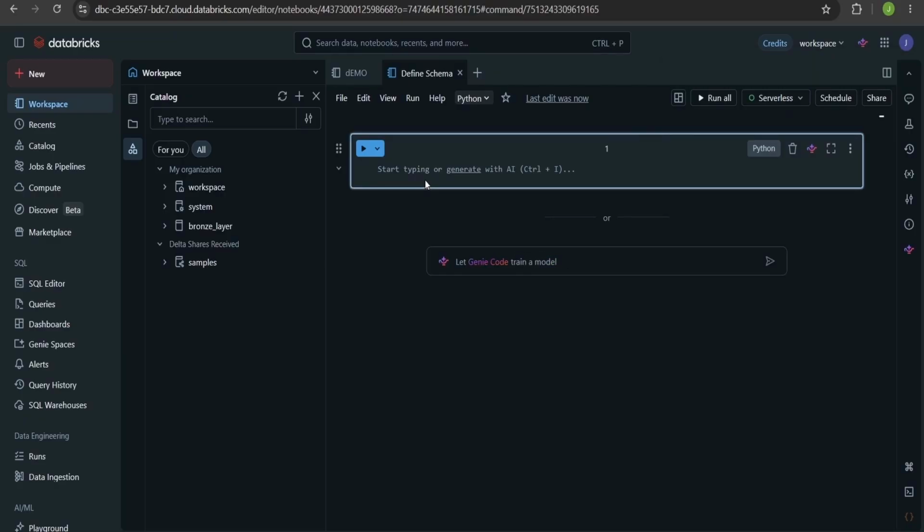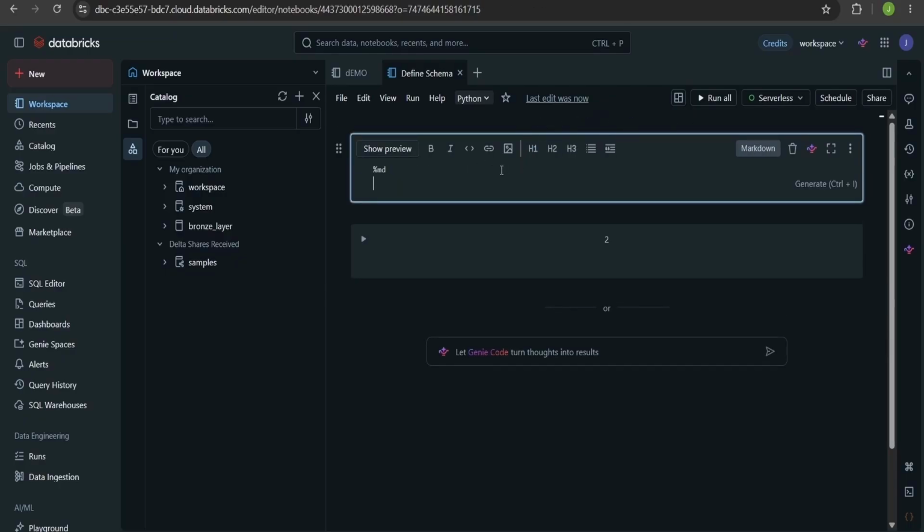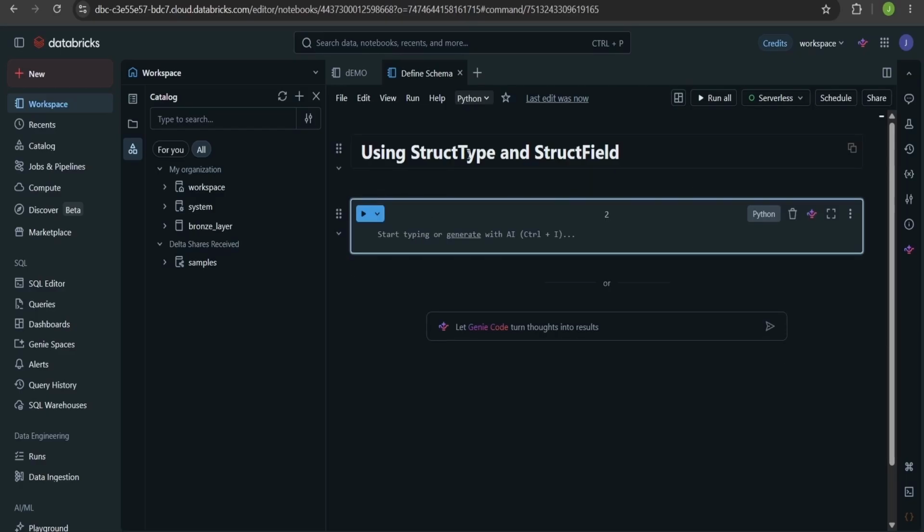First is using the struct type and struct field way, and second is using the DDL way. Okay, I personally love the DDL way, but I will show you both of them. So let me first give a heading to this. This first way is using struct type and struct field. Okay, so let's understand this. Shift plus enter. I will explain what struct type and struct field are, but the important thing to note